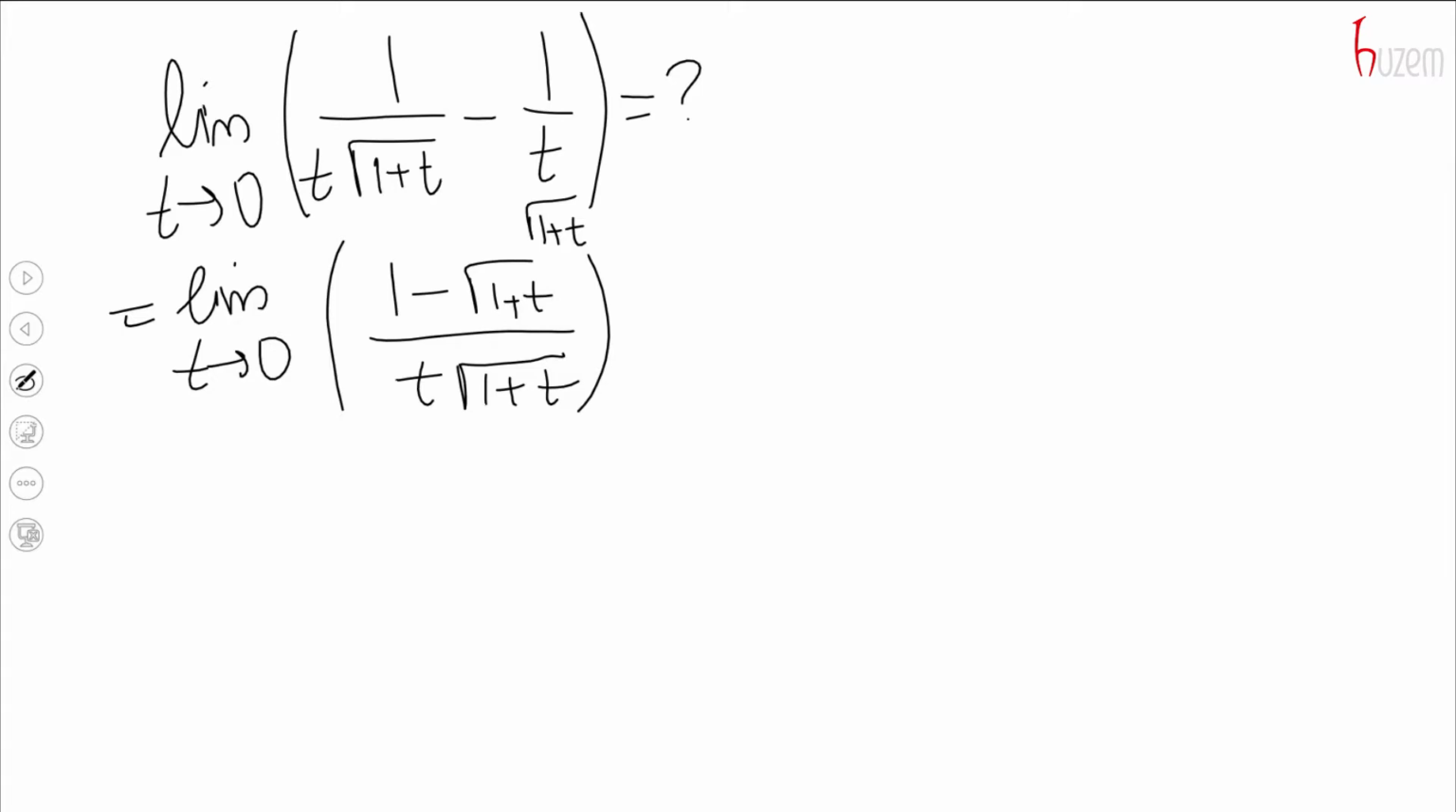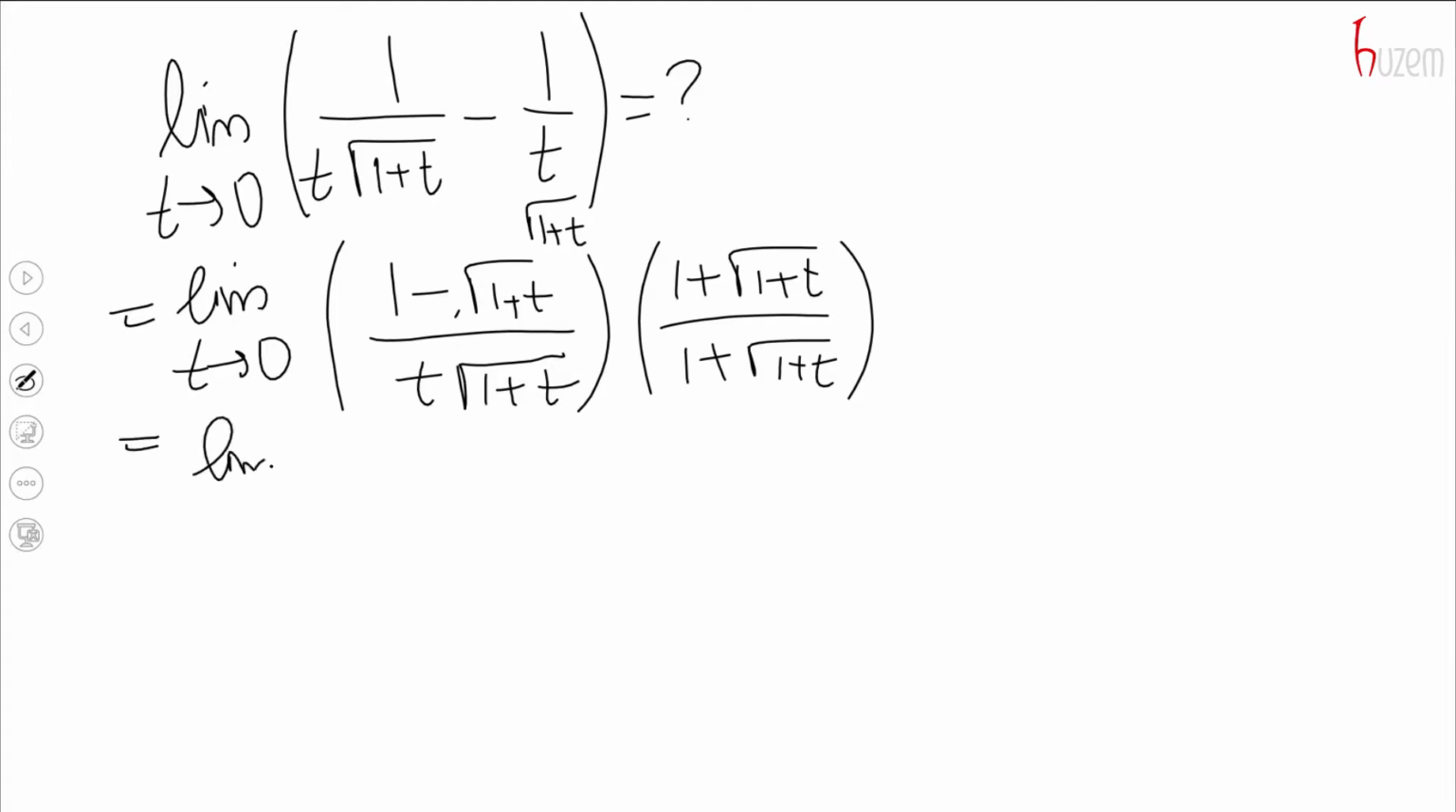In this sort of problems, we usually multiply both numerator and denominator of the terms by the conjugate of the irrational number or expression. So here we have 1 minus root 1 plus t, so we need to multiply both numerator and denominator by 1 plus root 1 plus t divided by 1 plus root 1 plus t. This will not change our expression at all. So this means we have the limit as t approaches 0. On the top, using the identity,